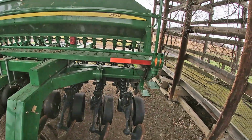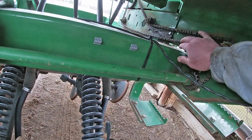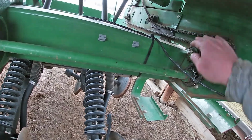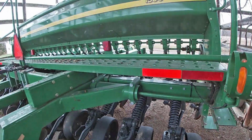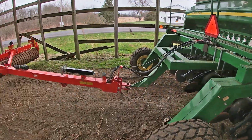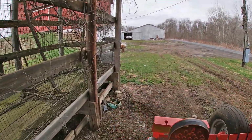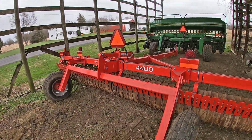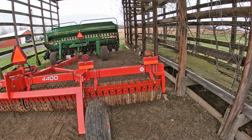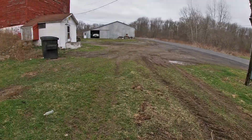I do have one chain on this that I want to change before we start, because it was pretty much to its max for tightening. So other than that, like I said, we wash everything up in the fall. If it gets a little dirty in storage, we pull it out and give it another quick bath. These two look pretty good. A little bird mess on them, but that ain't gonna hurt anything. So